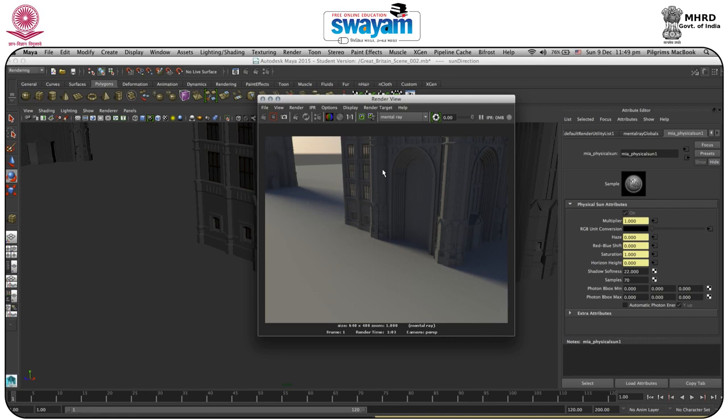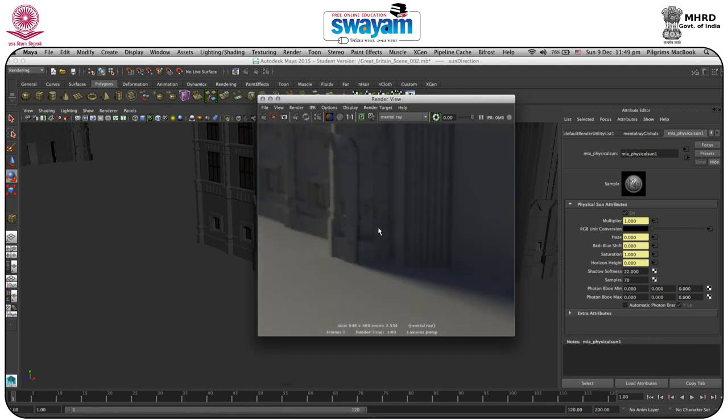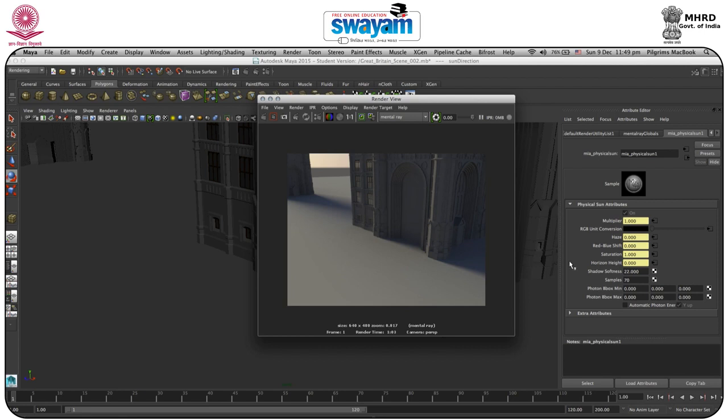As you can see, the grains has left, but we have still little bit of grains because we are in low quality. That's why it's pixelating your image. So if you increase the samples around 70 to 100, then it would be fine. Otherwise it will take a huge amount of time also. So if you are increasing shadow softness, you have to increase the samples also, because you have to trigger that particular grains. Okay, as you can see, it's softening quite well, and also the grains which are forming there is also lost. So like this way you can increase.